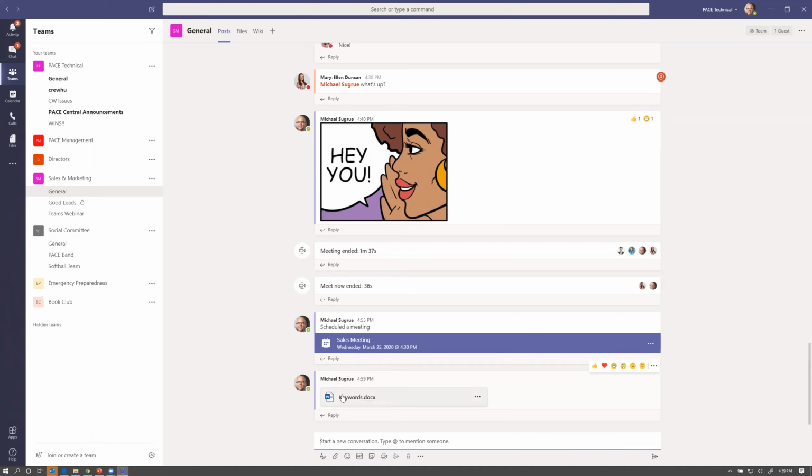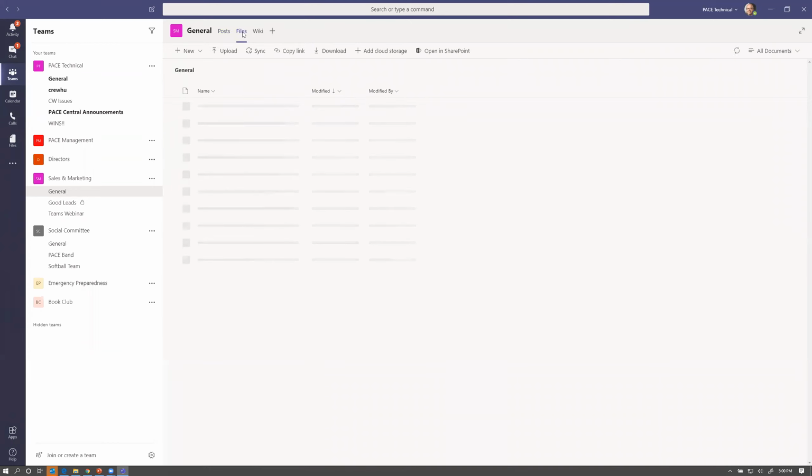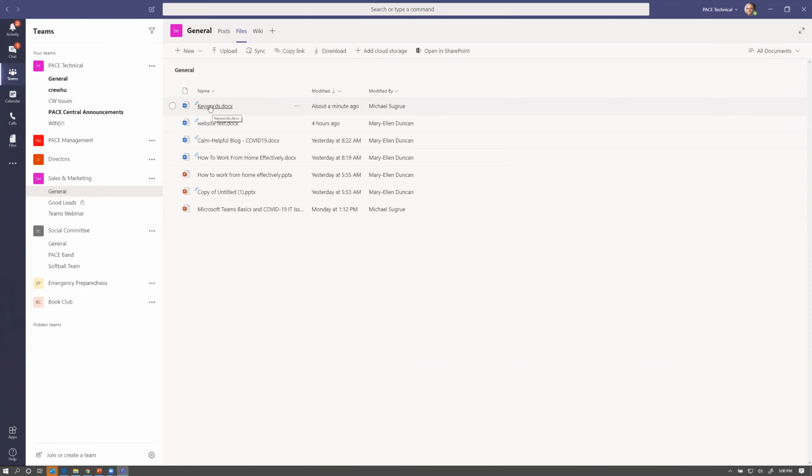You can open it up and click on this document to open it. You could also open this menu here if you wanted to download a copy of it from here, edit it within Teams, etc. Get a link to it to send to somebody from outside the organization. So even if you post a document into just an individual conversation here, it's also going to add the document up here into files. So once I click on files, you can see that that keywords document has already been added to the files.